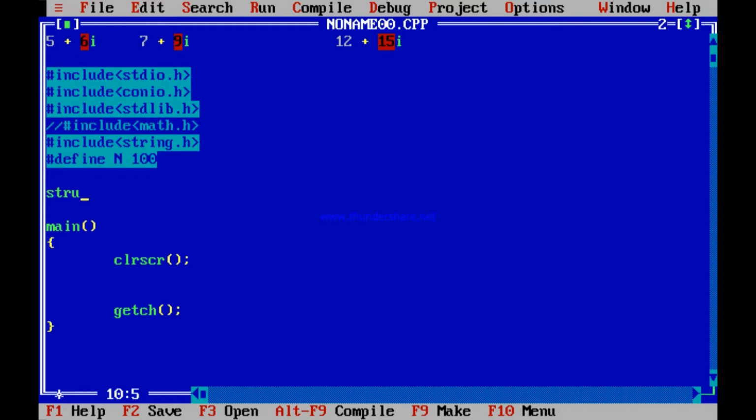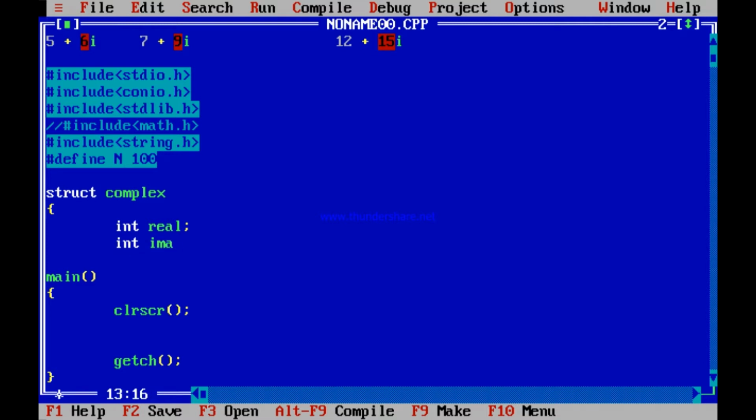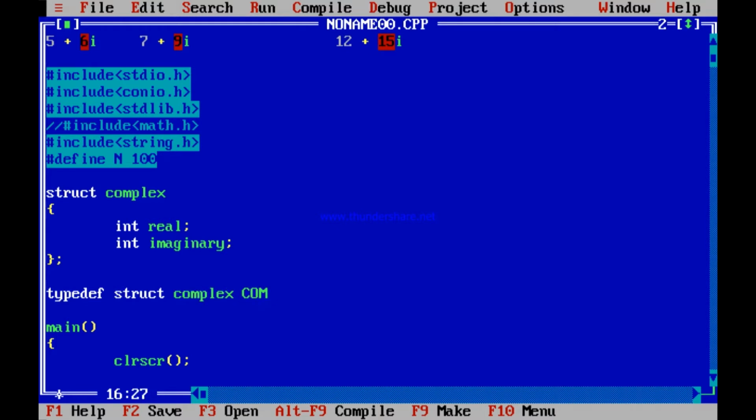Anyway, so struct complex. If I have a structure like this, struct complex, then within that complex structure, you know that there has to be a real part and there has to be an imaginary part. Is it not so? I can have a structure called struct complex, and within that is the real part and the imaginary part. And then, if you remember typedef was there, I can define the type of this struct complex as only complex,